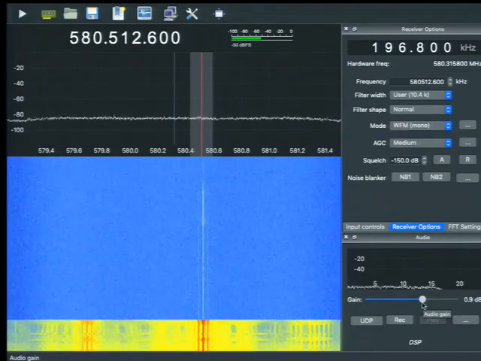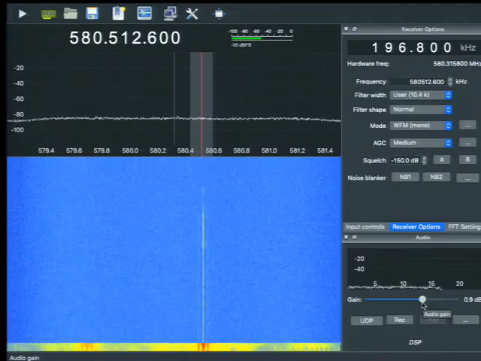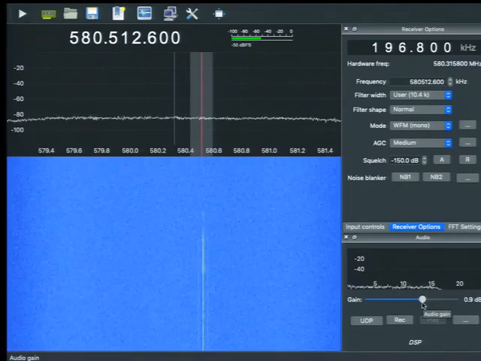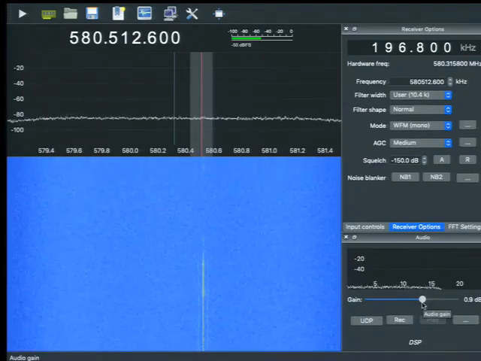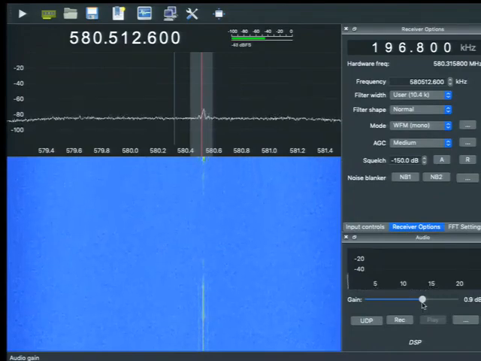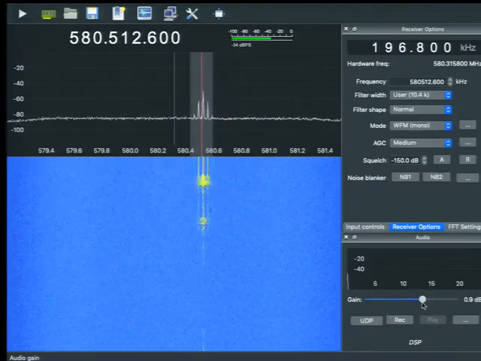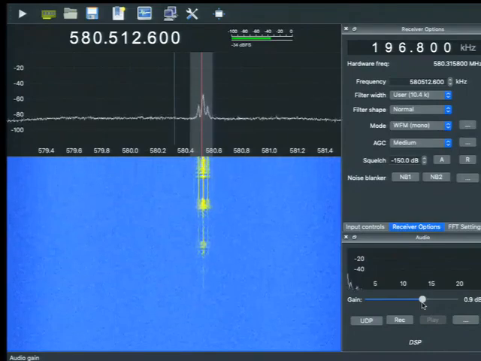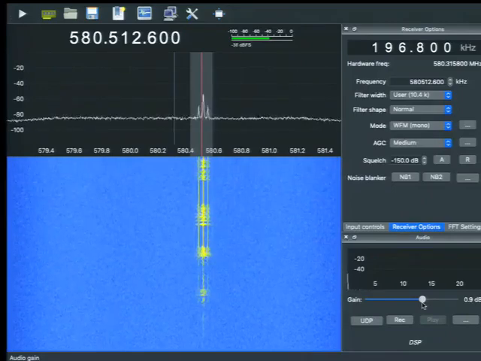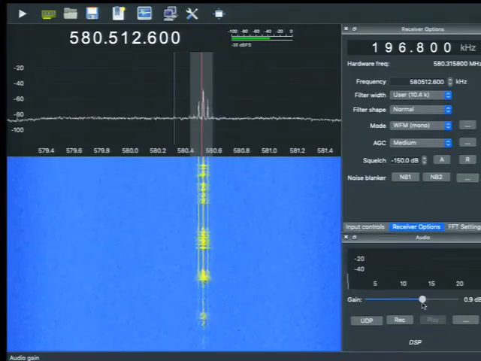You hear it? You want to see something really cool? This is a radio. Right? And you know what frequency it's transmitting? It is transmitting at 580.5 megahertz.